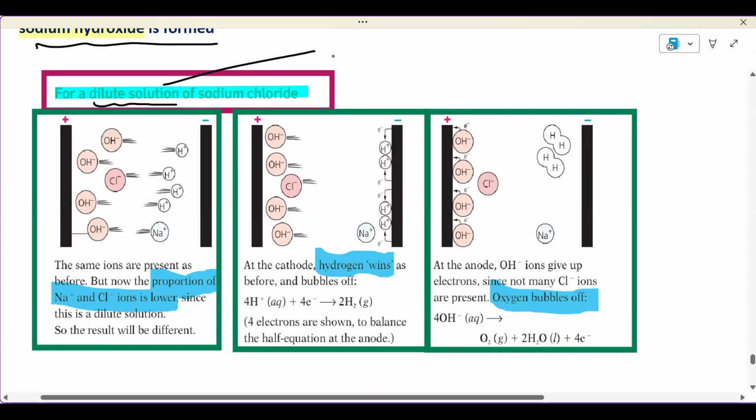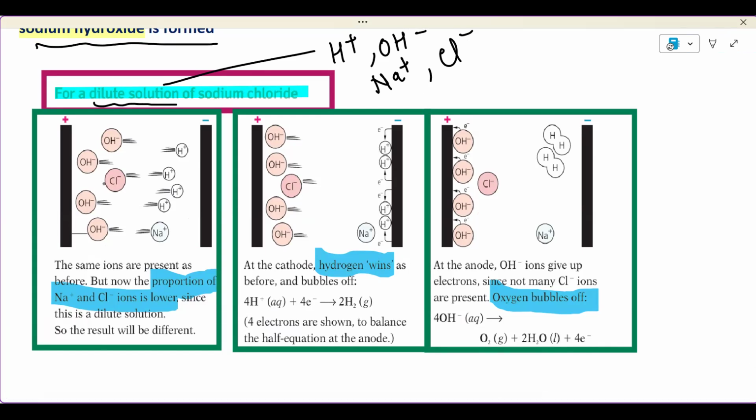Here there will be more H+ and OH- ions, as well as sodium ions and chloride ions. The same ions are present as before, but now the proportion of sodium and chloride ions is lower. Since this is a dilute solution, the result will be different. At the cathode, hydrogen wins as before because hydrogen is less reactive than